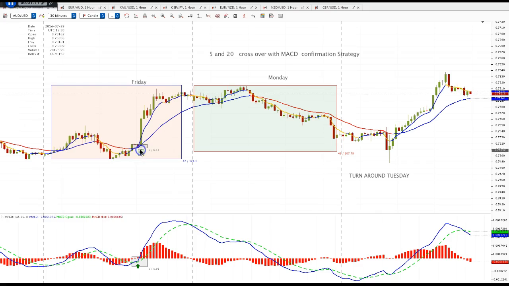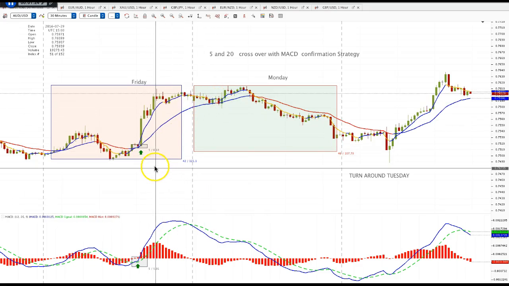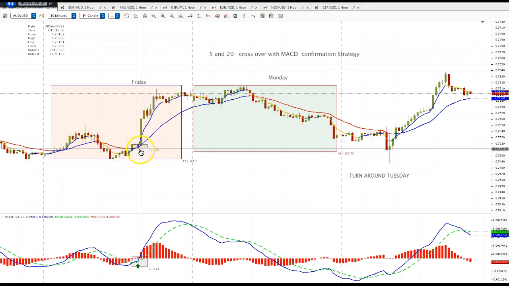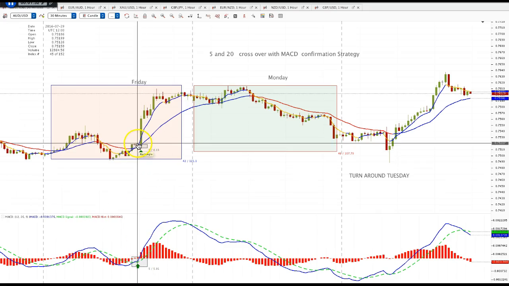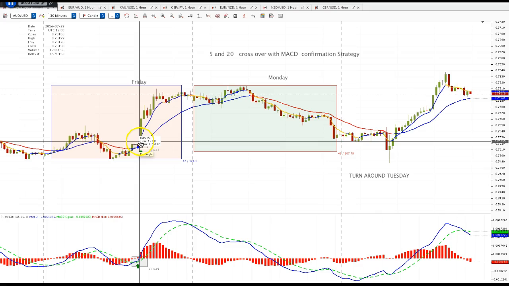You can do it on a smaller time frame, but there's so much noise that you may exit a trade because on a 15-minute chart, oftentimes you'll see these two lines cross down again and up again. So use this on a 30-minute chart or on a 1-hour chart. A 30-minute chart gives an earlier entry. And again, you need a crossover on MACD. Two lines of MACD need to cross over to the upside, and the two lines of 5 and 20 cross,